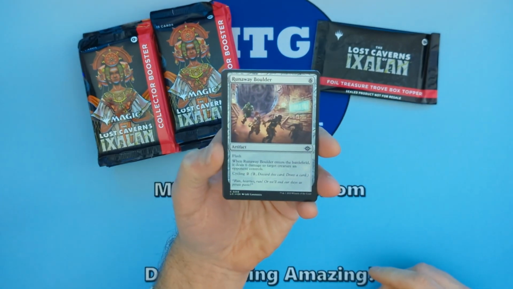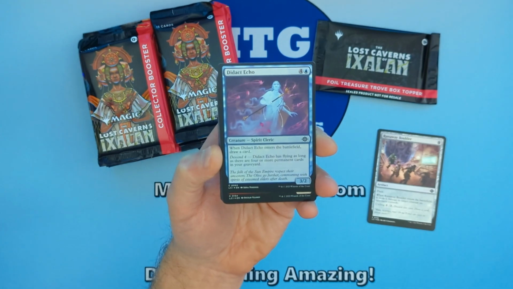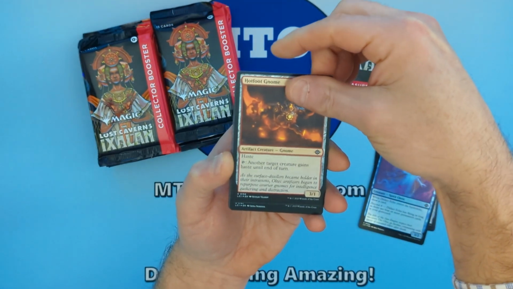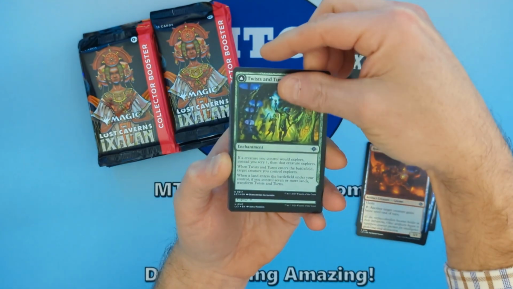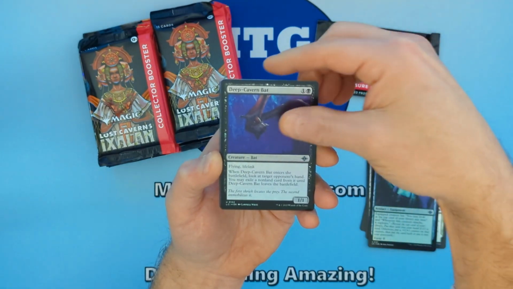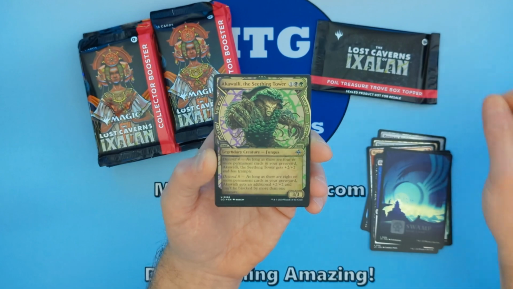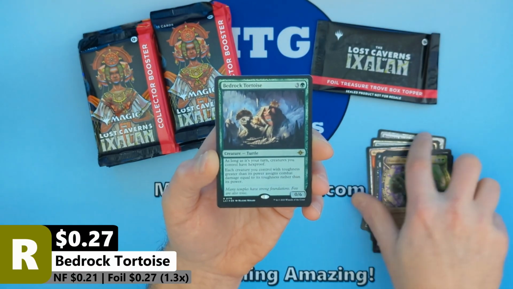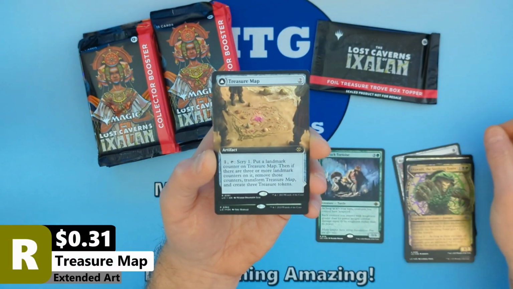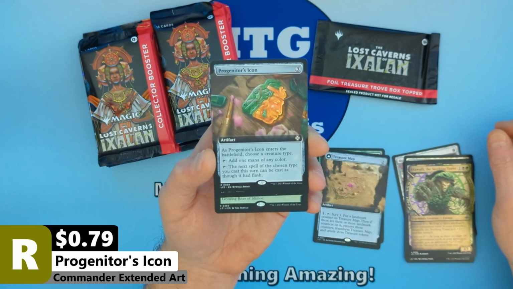All right, so this one kicks off with a Runaway Boulder. Then we're going to see ourselves a Didact Echo, followed by a Hotfoot Gnome. Then we've got ourselves Twist and Turns, followed by a Glowcap Lantern. Then we've got a Deep Cavern Bat with the Full Art Swamp. Then we're going to see ourselves the Seething Tower, followed by a Bedrock Tortoise as our first rare. And then behind that, we're going to see ourselves a Treasure Map with a Progenitor's Icon coming in from the